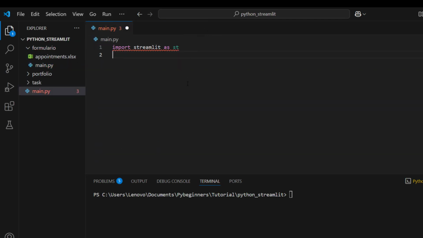Then the next thing that you need to do is to run this script. Come to your terminal and do something like this. In order to run any Streamlit application in Python, you need to call streamlit run, then after this, you need to give the name of the script. For us, we are using main.py, so I'm going to call main.py. But never forget, you need to be in the same directory where the script is. So I have streamlit run main.py. I am inside of this folder called Python Streamlit. Then I just need to hit enter,